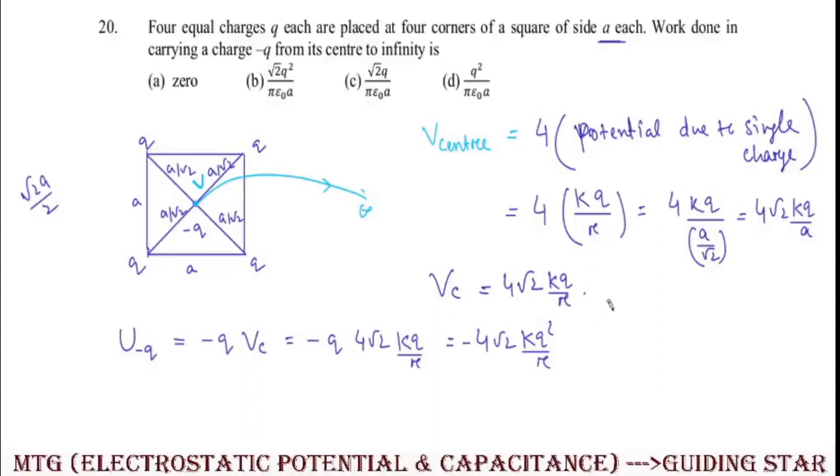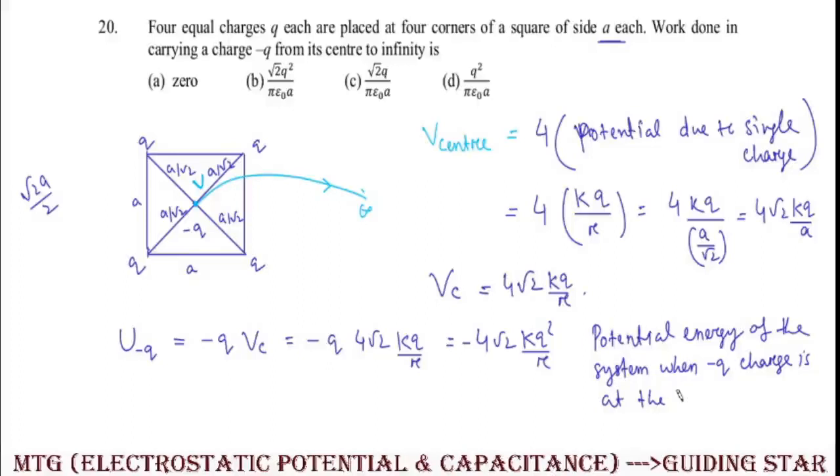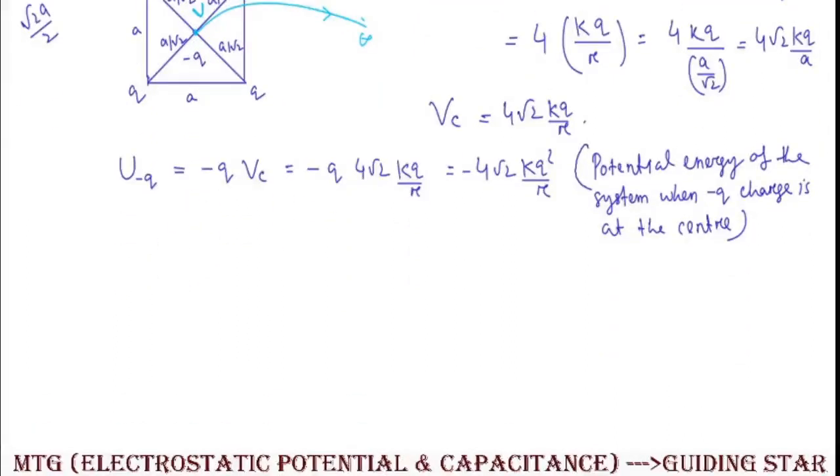तो हियर ये जो है ये हमें क्या मिला, दिस इज द potential energy of the system when minus q charge is at the center, जब माइनस क्यू चार्ज आपका यहाँ पे सेंटर पे होगा।